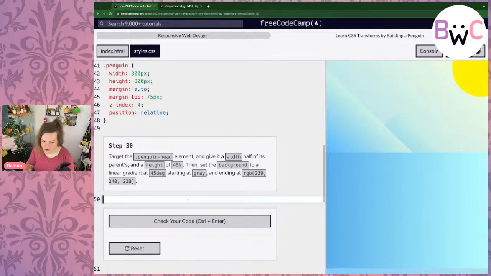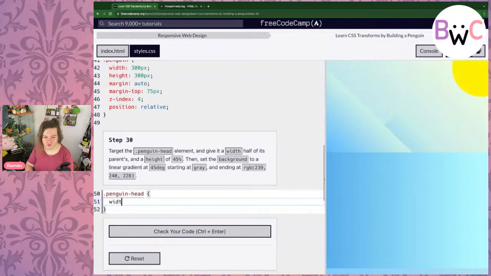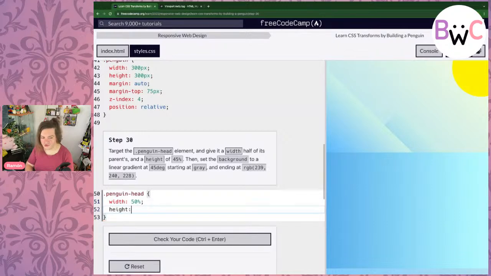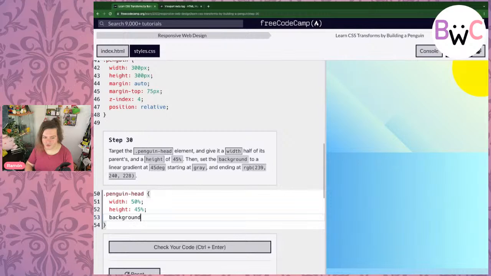Amazing. Oh, and here we go. First, the head of the penguin. So the width is going to be half the width of its parent, so 50%. And the height is going to be 45% of its parent. The background will then be set to be a linear gradient at 45 degrees, starting at gray and ending at